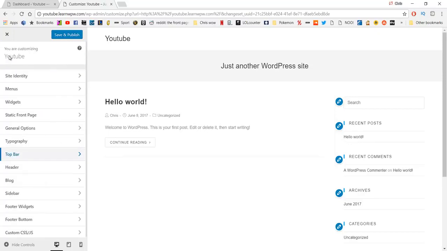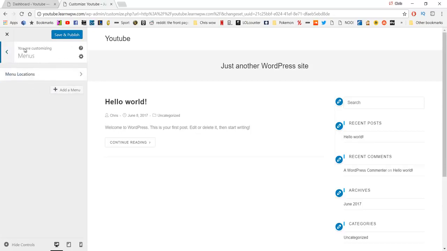So now if we go back and back again, and we want to get this navigation menu set up, so we're going to click on menus. And as you can see, we have no menu, so we're going to click add a menu, and we're going to call it main, as it's your main menu. So if we click create menu there,